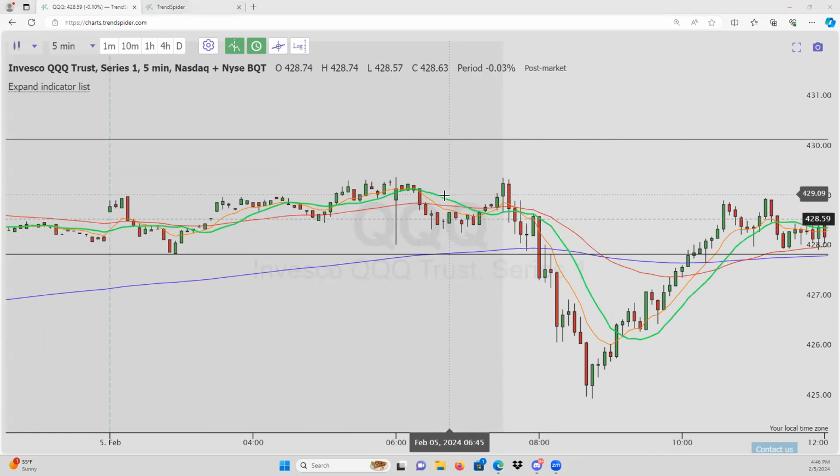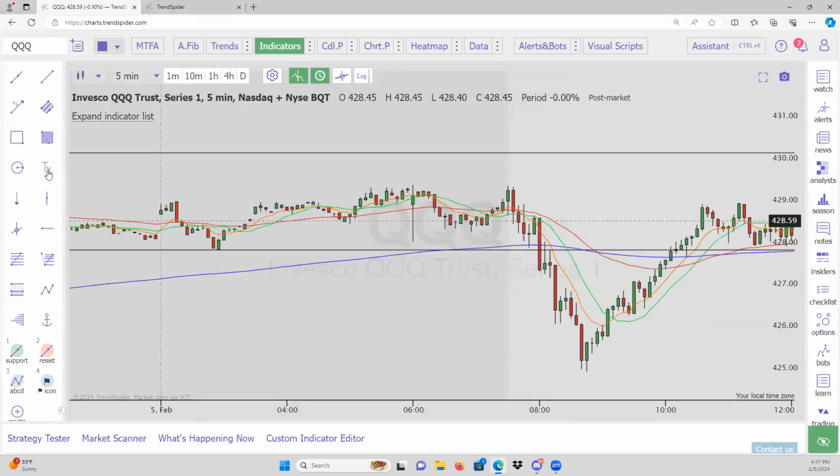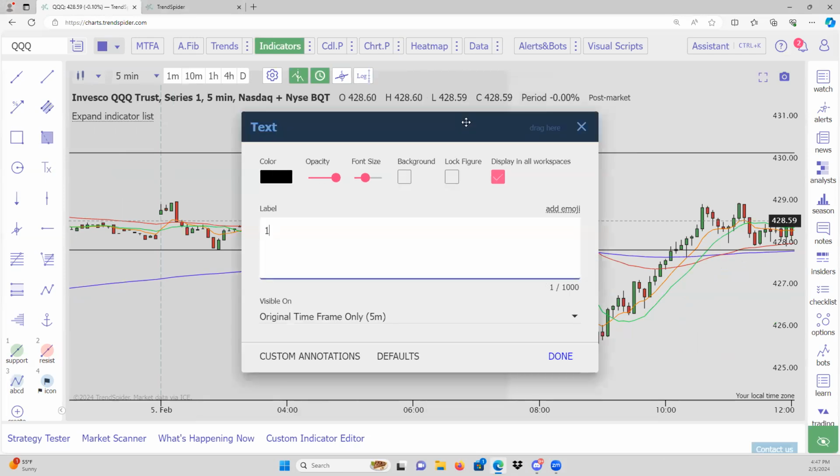So we have 13 as this lime green and the 48 as this red line right here. Now, the 1348 cross down, let me go ahead and type this out because I know it'll be a better visual for you guys. 1348 cross down will be bearish. Obviously up is bullish, right? And that's the same for any kind of EMAs you use, right?